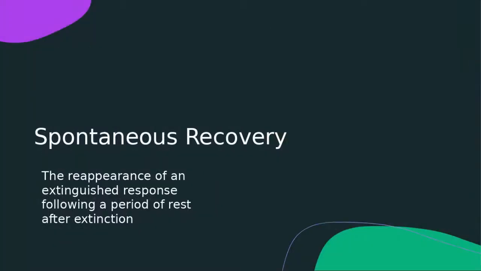So at the beginning of the semester, when we talked about classical conditioning, we talked about the idea of spontaneous recovery. And this is also a term that can be applied to operant conditioning. So with regard to operant behaviors, spontaneous recovery is the reappearance of an extinguished response following a period of rest after extinction. So if you have a behavior that has been extinguished, so maybe you give your child attention when they tantrum, the tantrums have increased, you decide you want to extinguish that behavior, you start ignoring them, you withdraw your attention when they tantrum.